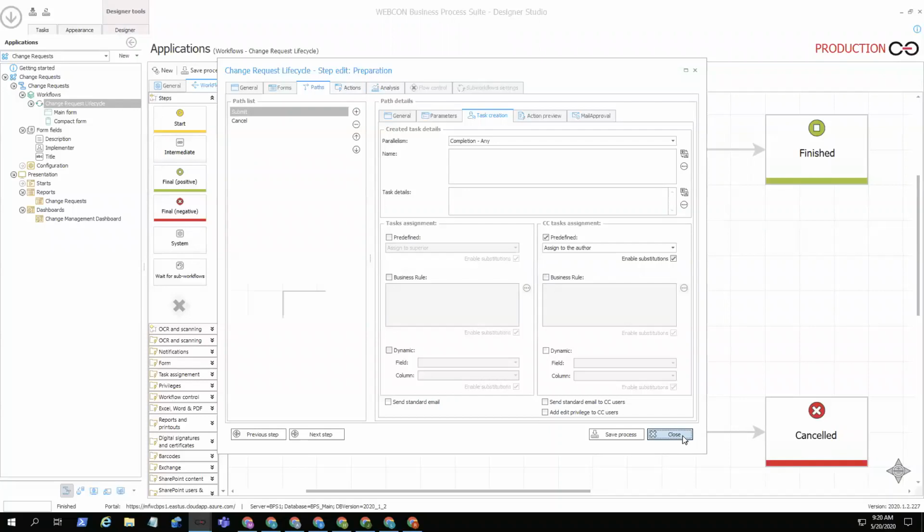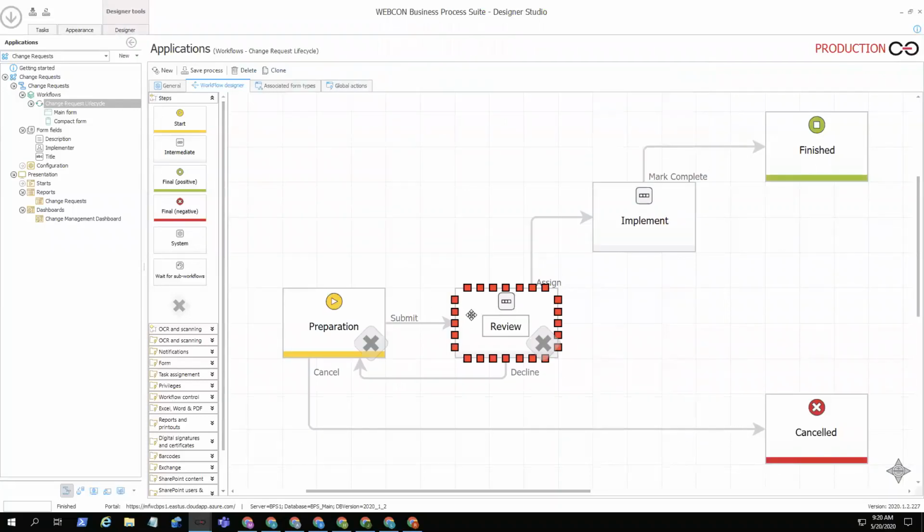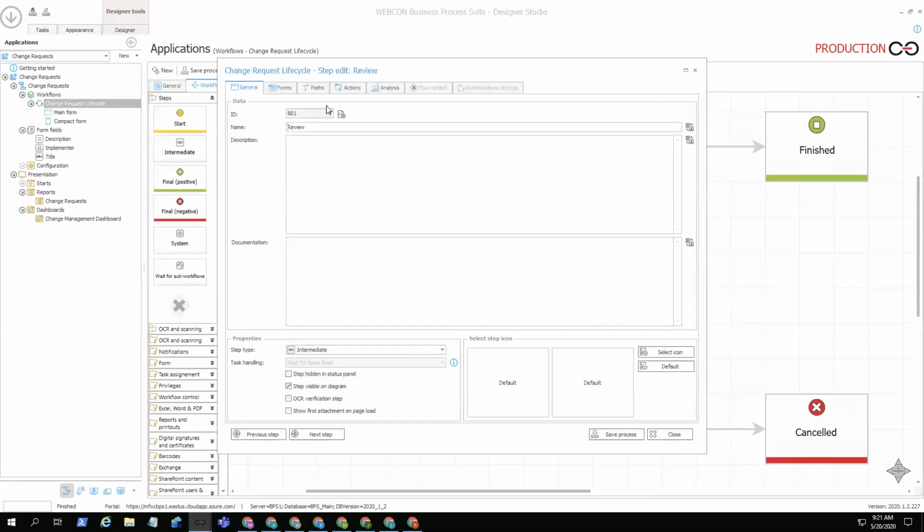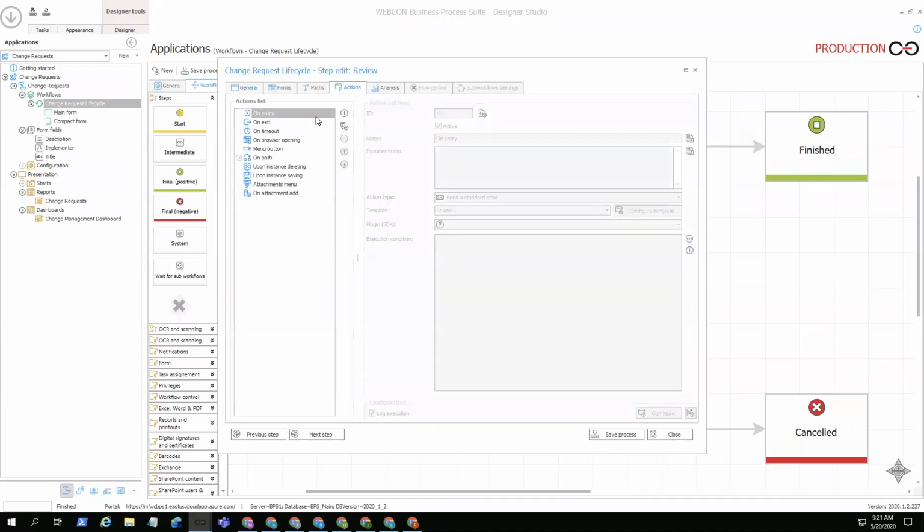Here under actions, so you see here submit. Actually, no, I'm going to do it here, because one of the most common ways to do this is there might be more than one path leading to this step. There might be 2 or 3 different ways to get here, and I don't want to repeat the task assignment for every path. So instead, I'm going to open up the target and go to the actions, and here on entry, I'm going to open up this, and right now it says new action. I'm going to say assign to manager,